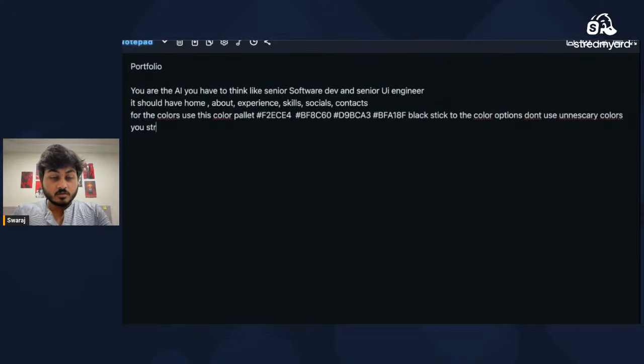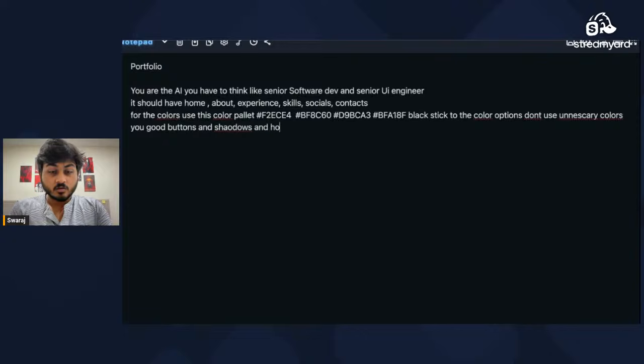Use good buttons and shadows and hover effects